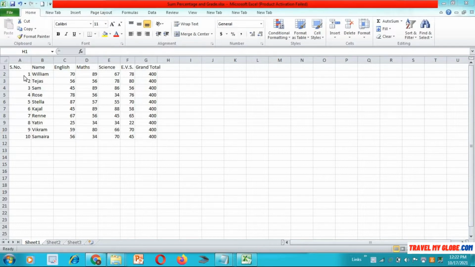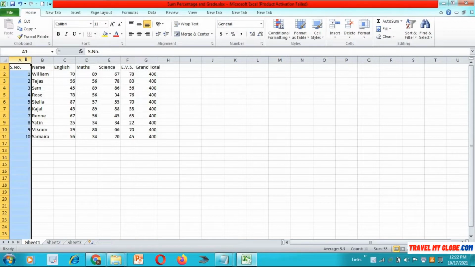Okay, we have a given list. I have already typed a list in which there is a serial number, a column for name, and the marks of English, marks of maths, marks of science, marks of EVS, and this is the grand total. You already know that these are called columns.